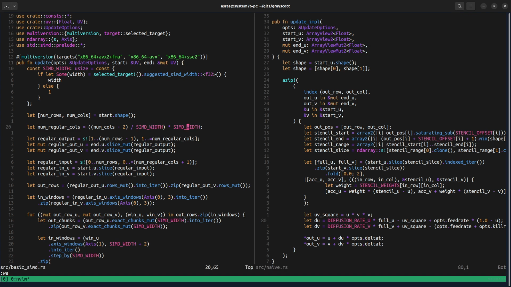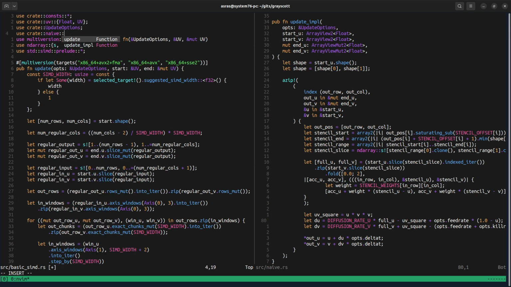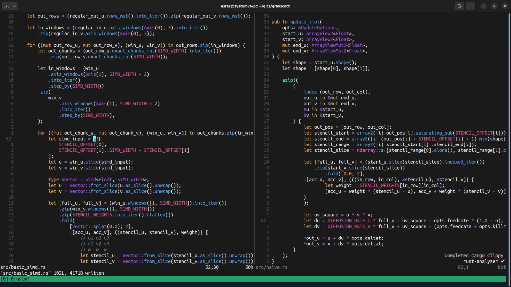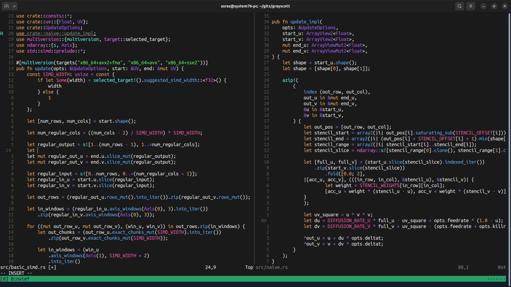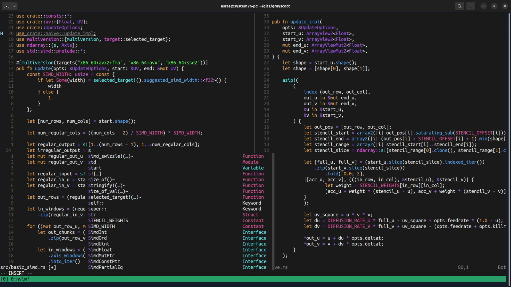So that should do it. And now over here we can say use create naive update. So here we are only handling this. So let's say the irregular output. It's kind of difficult to make a slice for that because